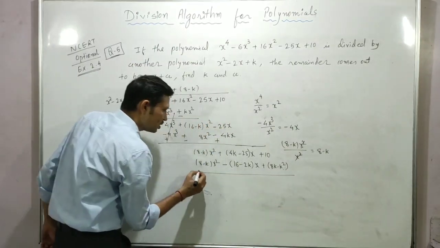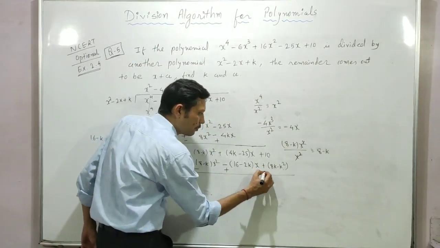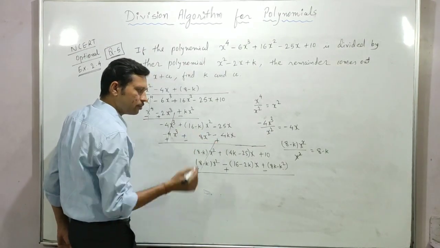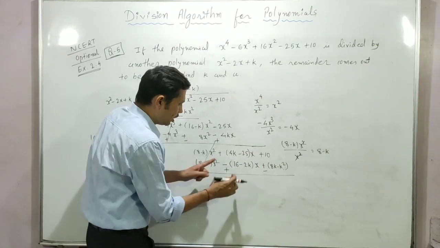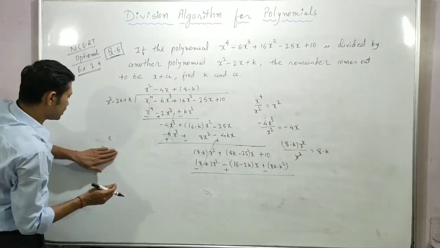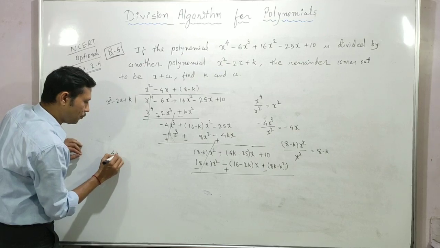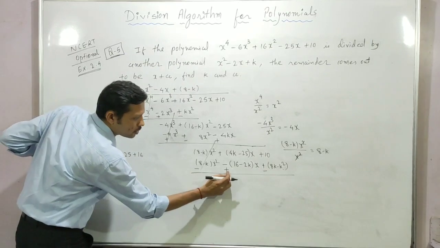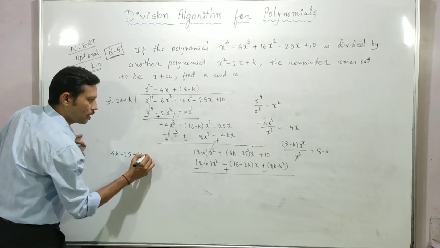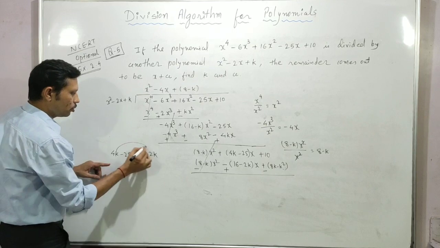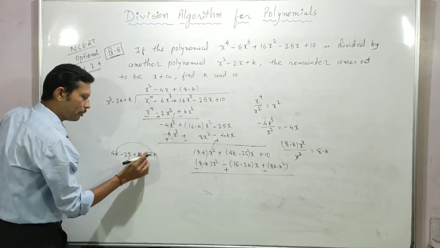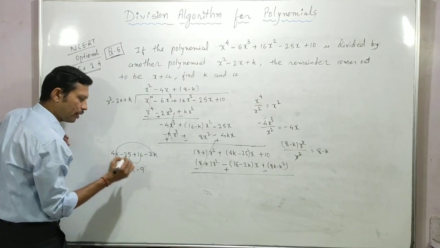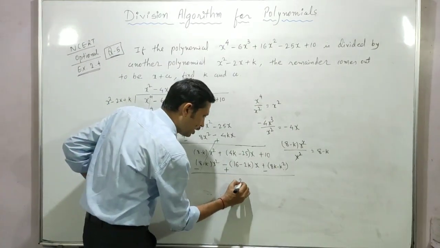Now we will change the sign, plus becomes minus, minus becomes plus, and plus becomes minus. So ये देखो सेम टर्म्स है, ये पॉजिटिव है नेगेटिव है, कैंसिल आउट. यहाँ पे देखेंगे तो दोनों x वाले टर्म्स है, ये भी पॉजिटिव है, तो दोनों को ऐड करते हैं सेपरेटली, राइट। सो क्या है हमारे पास 4k माइनस 25, और क्या है मेरे पास प्लस सी, साइन चेंज कर लिया हमने, सो प्लस 16 माइनस 2k, राइट। सी ये दोनों लाइक टर्म्स है, ये दोनों भी लाइक टर्म्स है, तो 4k माइनस 2k क्या होगा 2k बच्चों, माइनस 25 एंड 16 क्या होगा माइनस 9।